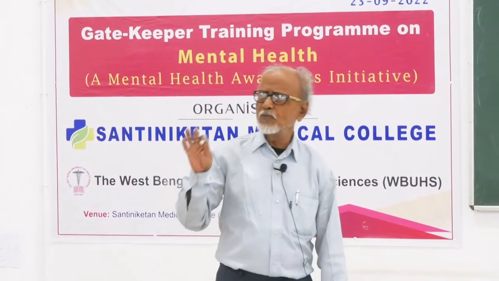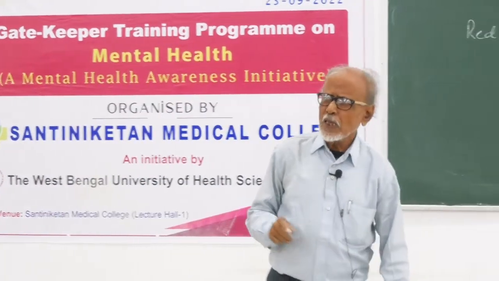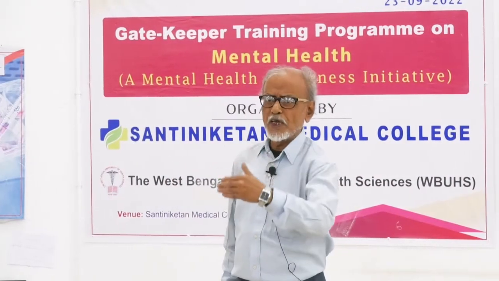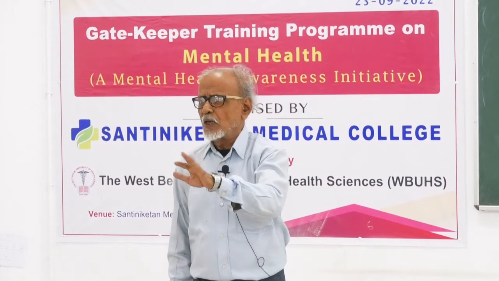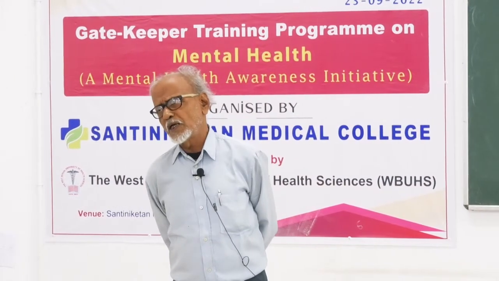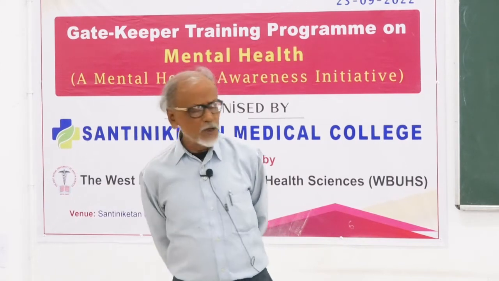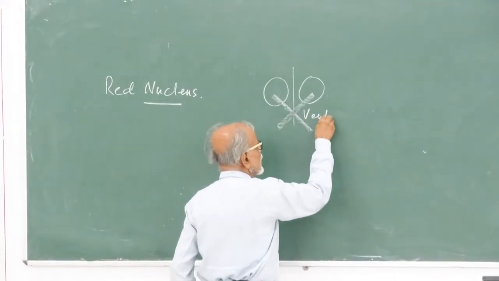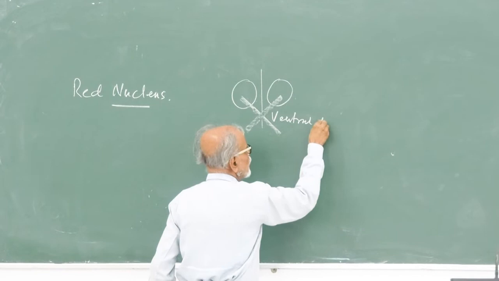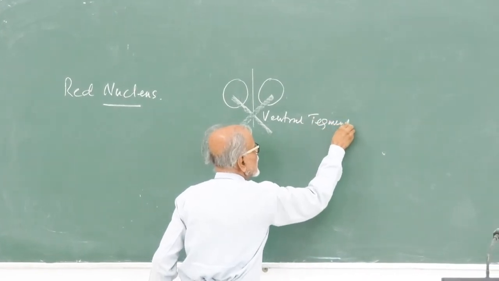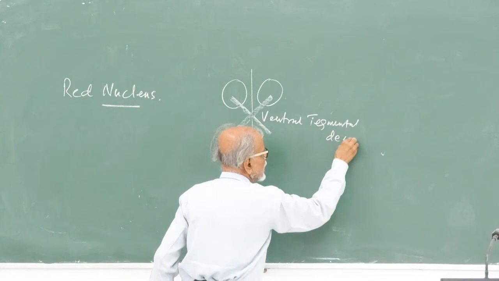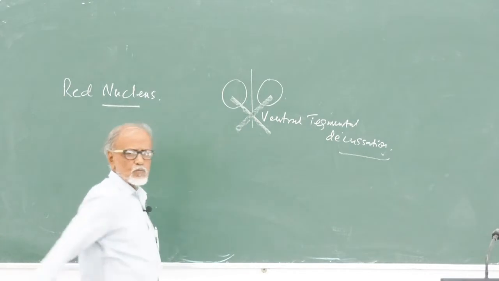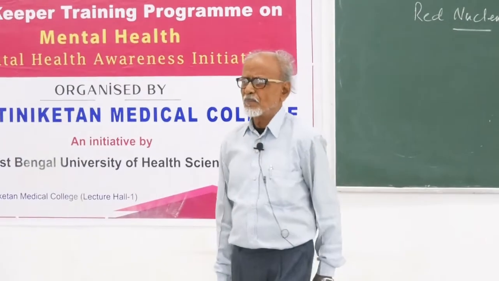The fibers are derived from the red nucleus, ঠিক আছে। এই ডেকাসেশনটাকে আমরা বলি, since it is housed in the ventral part or in the anterior part of the midbrain tegmentum, it is being called as the ventral tegmental decussation. তাহলে মিডব্রেনে আমরা একটা ventral tegmental decussation দেখতে পাই। The fibers involved are the fibers from the red nucleus. Ventral tegmental decussation. এই ডেকাসেশনটার নাম মনে রাখতে হবে।